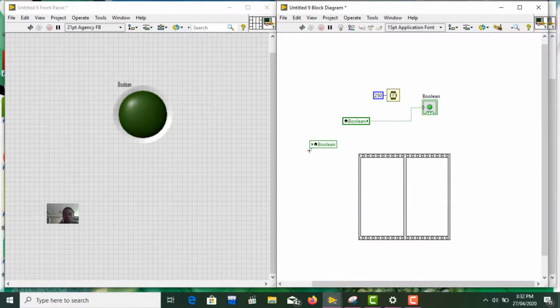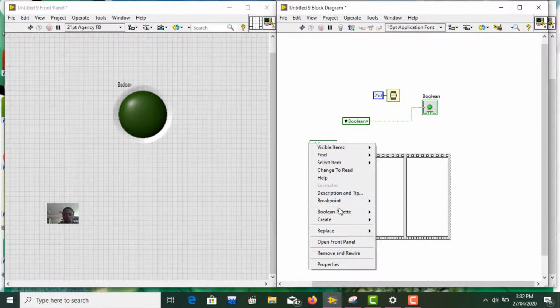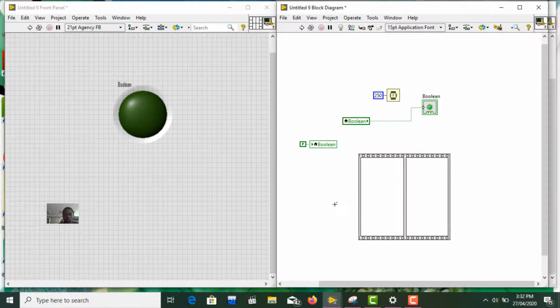Change to write, then create a constant over here. Of course the constant will come as a logic value. It means either false or true, but by default it comes as false. Copy this and drag this to the first, then pull this, select, pull this to the second sequence,